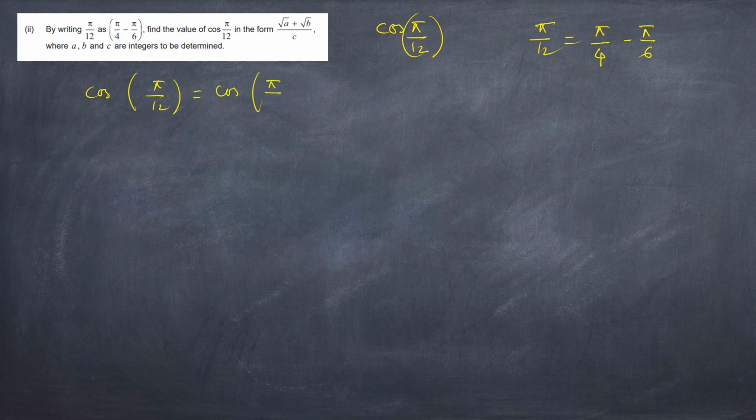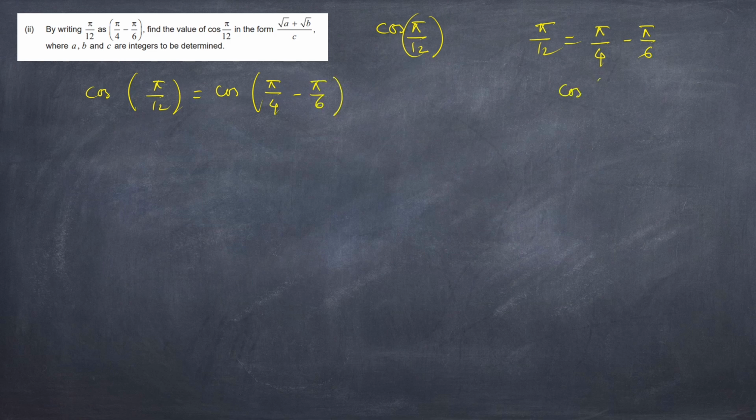So we need to find out cos pi by 12. Our determination is to find cos pi by 12, where pi by 12 is expressed as pi by 4 minus pi by 6. In this way it is expressed. So ultimately we can write cos pi by 12 is equal to cos of (pi by 4 minus pi by 6),